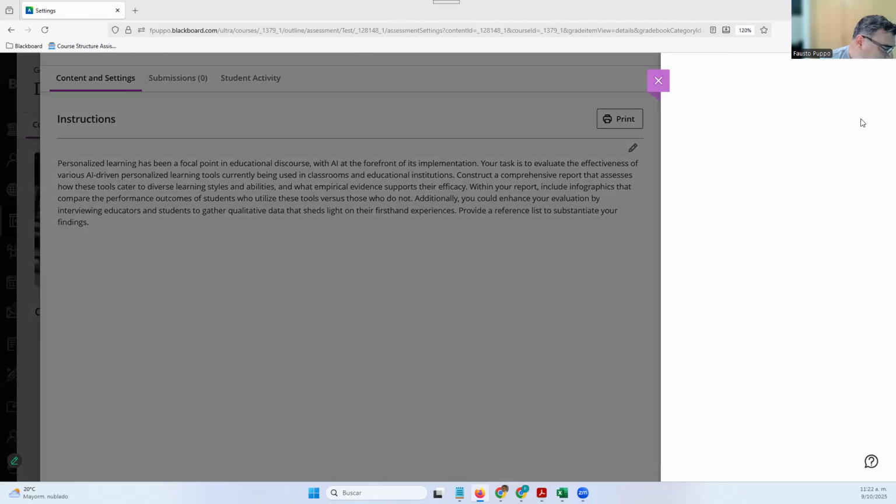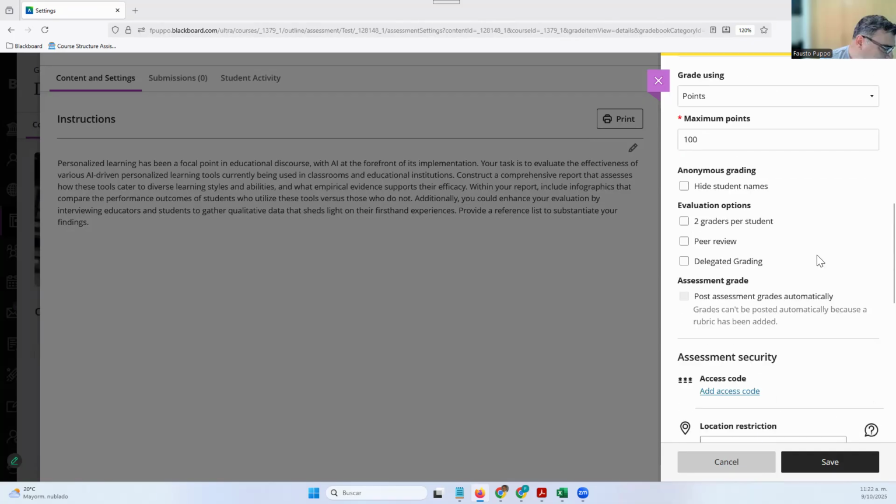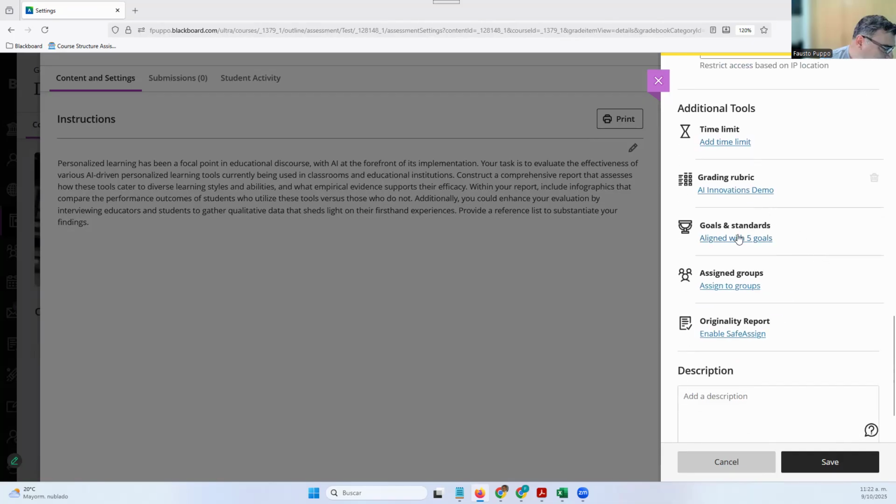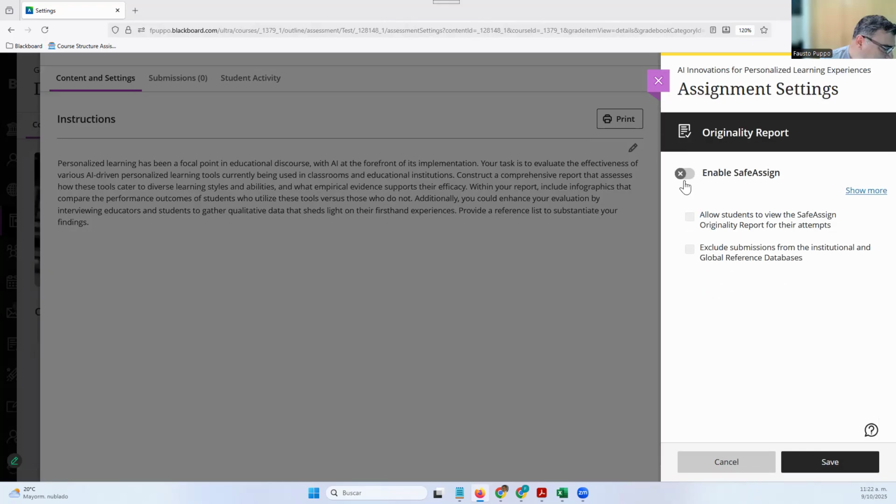Let's see, however, we have a few more options. We keep scrolling down. Goals and standards. Again, as I mentioned earlier, you could do the alignment with the assignment, but if you're using a rubric, this is going to give you a much more accurate picture. You could assign it to groups, and you can, of course, also enable the Safe Assign Originality report. When you do that, you may want to also allow students to view the Safe Assign Originality report for their